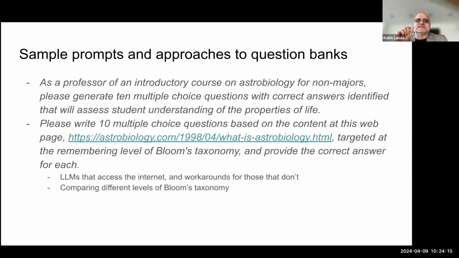One is to just ask the large language models to generate a series of multiple choice questions over a well-defined field. Like for this first prompt here: as a professor of an introductory course on astrobiology, you'll notice that there's a theme in all of my prompts today. For non-majors, please generate 10 multiple choice questions with correct answers identified that will assess student understanding of the properties of life. That topic is so generic, so general, and so fundamental to the search for life in the universe that